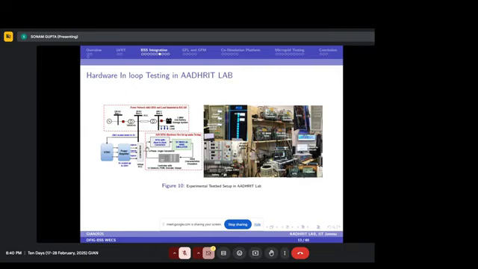Hardware in loop testing, basically what we did is we have the DFIG hardware setup as well as the battery storage setup. So we need to validate the control strategy, whatever we have implemented, on the hardware, whether it will work on the hardware at the time of the faults or not. So here the network through which we are going to connect this hardware is simulated within the RTDS, and then one of the buses in the RSCAD or RTDS